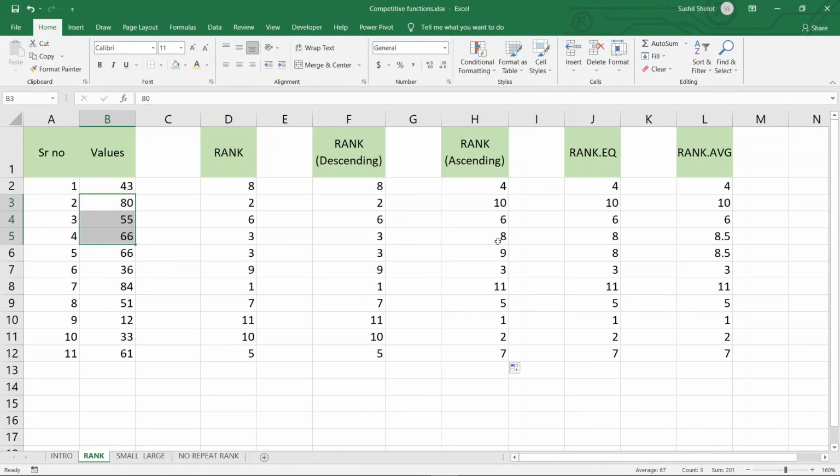and from there it returned the B5 count and then said minus 1. So that was 1 minus 1, that is adding 0 to 8. The rank was 8, and the COUNTIF value came out to be 1, and 1 minus 1 is 0, so it added 0 to the rank. And in the next cell, when it came to B6, it was counting the value of B6 from B2 to B6 values,